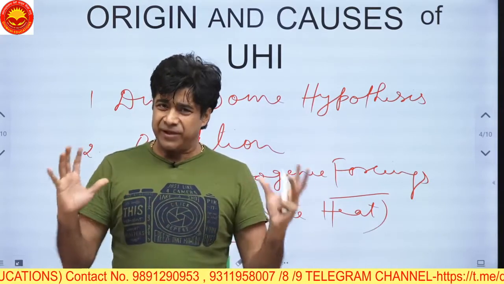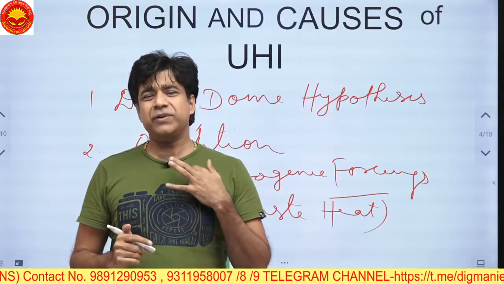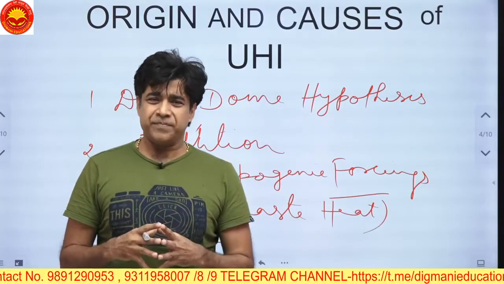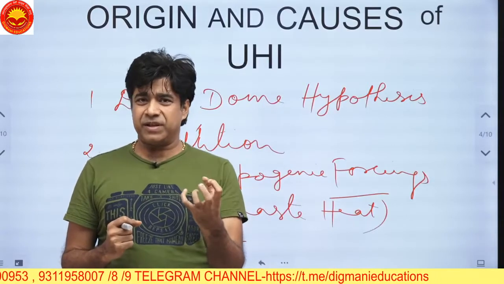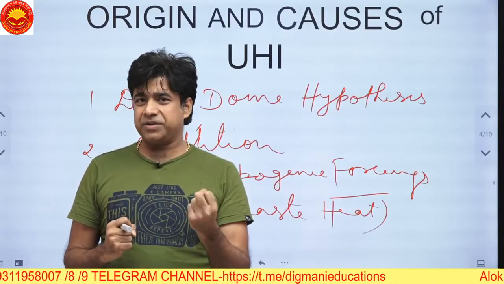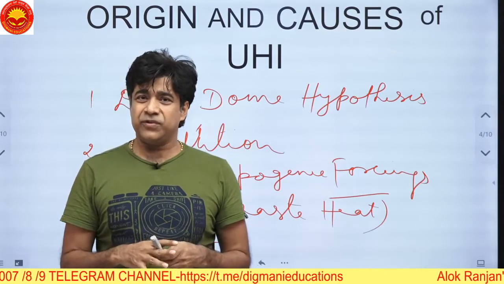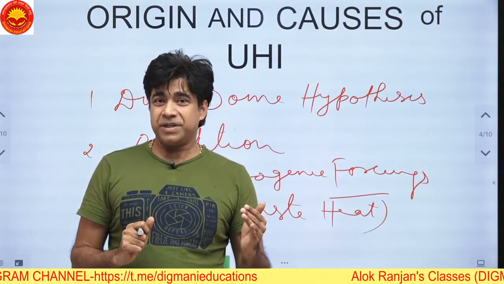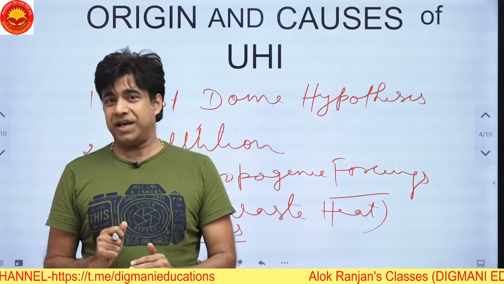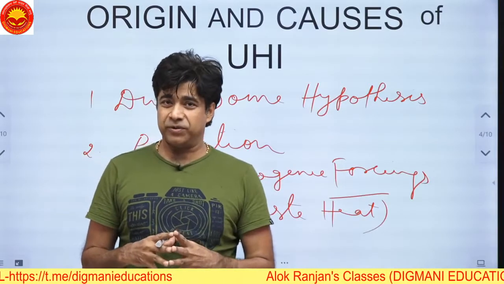So they are all aerosols. Now these aerosols have a very unique property. They can absorb the heat from the sun. They can absorb the ultraviolet rays, and these aerosols can be cool in the night and can be hot in the daytime. This is a dual property of the aerosols.